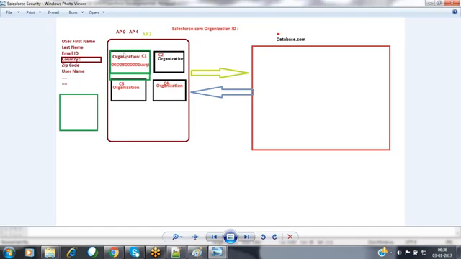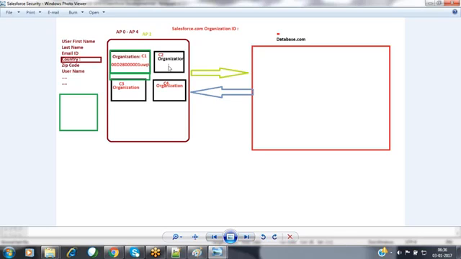So when coming to the organization, we assume that this is my organization. What are the classes that I have prepared? What are the objects that you have created? What are the records that you have stored? Everything will be stored inside this organization itself. At that time, one organization's data cannot be accessed by another organization. Salesforce has given that much restriction and those security features to you. So one organization's data cannot be accessed from another organization. That much of restrictions are available.